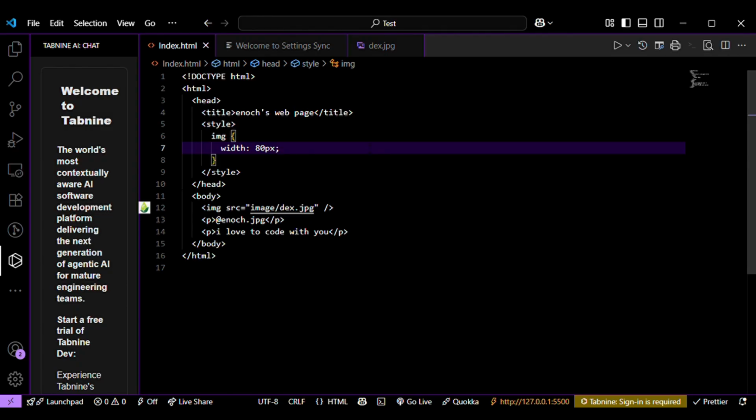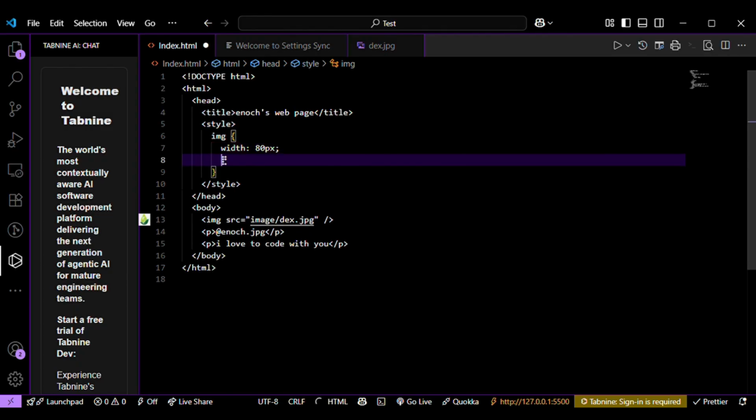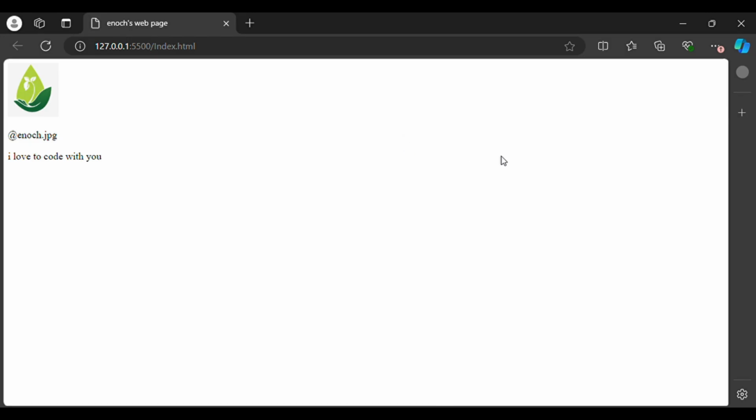The semicolon is to terminate the line so we can write multiple CSS declarations. Ctrl S to save changes. So next we go back to our browser. Now the image has gotten much smaller,